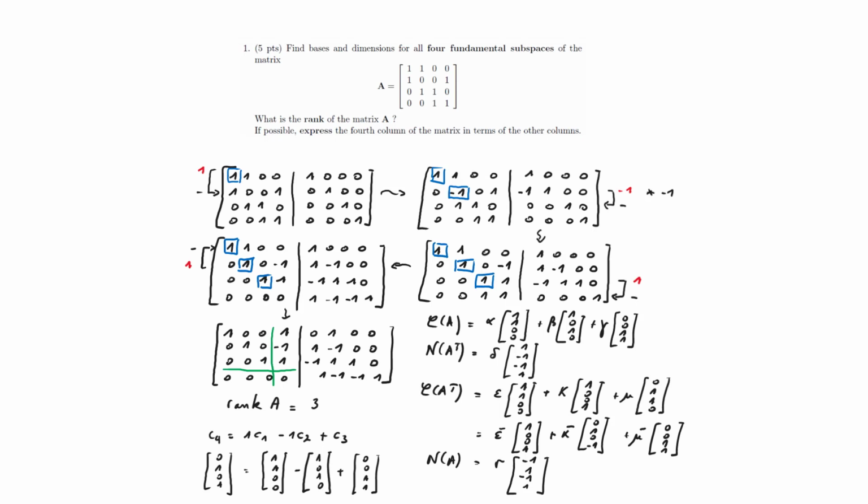So the first thing that we do is to use this augmented system. You see that you have the matrix A, and then next to it, you put an identity matrix of dimension 4. And what we'll do first is to bring it in echelon form. As you can see here, it's in echelon form, and then we'll bring it in row reduced echelon form. So that means that we create zeros below the pivots first, and then in the end we also create zeros